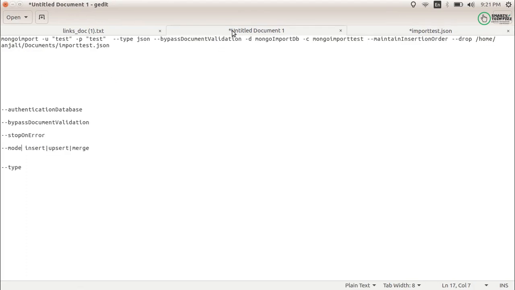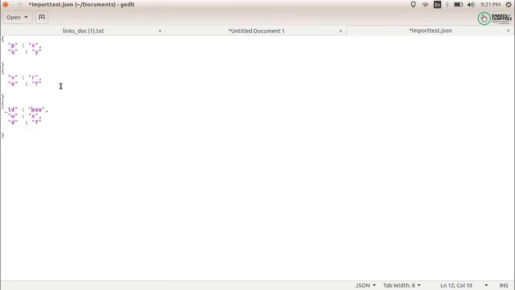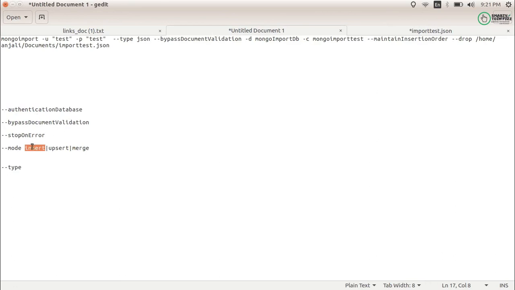So what is the mode of the insertion? Either you want insert, upsert, or merge. Insert means that if this ID is already present in another document, it will throw an error. It will only insert, because you are using the mode as insert.